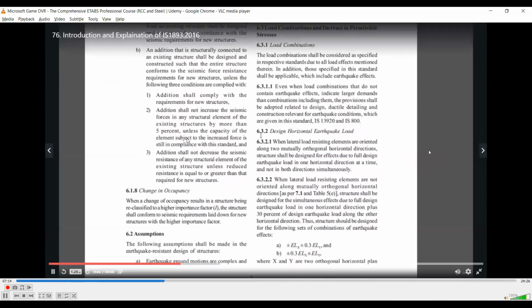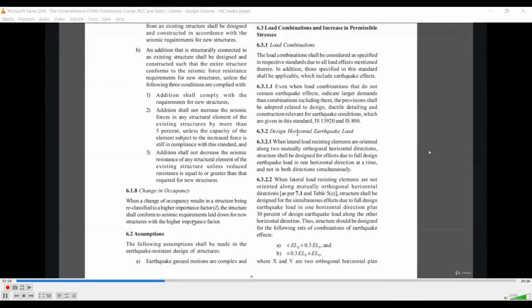Now this is a very important part, that is clause 6.3.2, design horizontal earthquake load. When the lateral load resisting elements are oriented along two mutually orthogonal horizontal directions, the structure shall be designed for effects due to full design earthquake load in one horizontal direction at a time and not in both directions simultaneously.